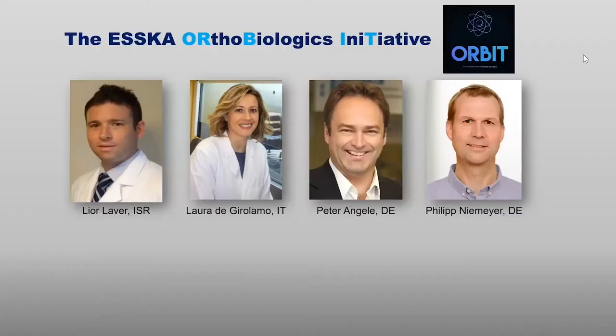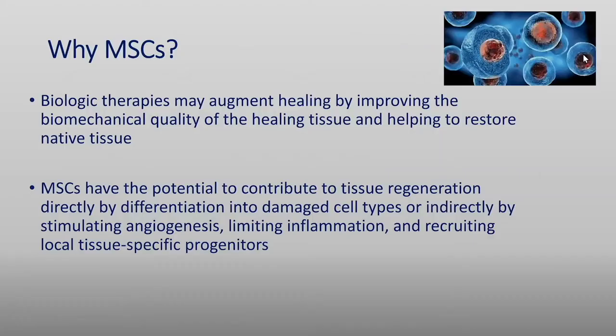It's a very exciting time as ESSKA has launched its new initiative, a long-term project, and I'm proud to be part of this excellent group with Laura, Peter Angele, and Philip Niemeyer, and definitely an exciting time for orthobiologics in Europe. So I understand, following Laura's talk, why MSCs, and the recent interest in harnessing biology to augment healing